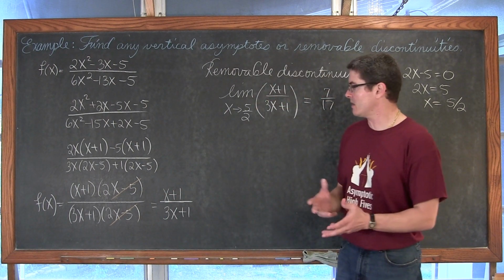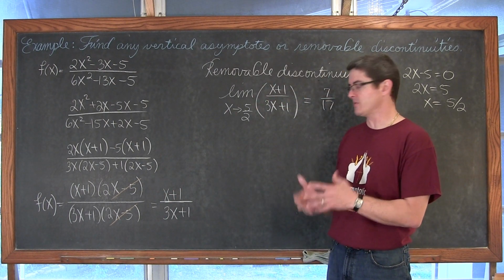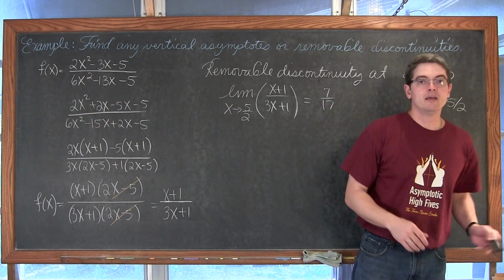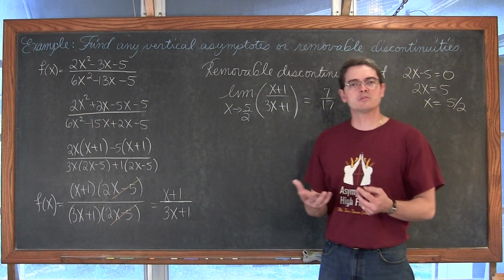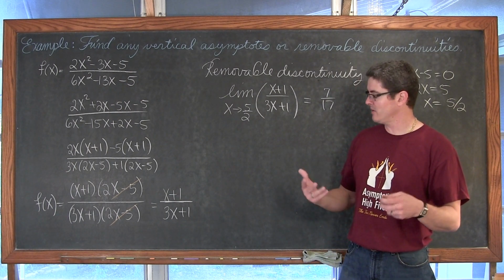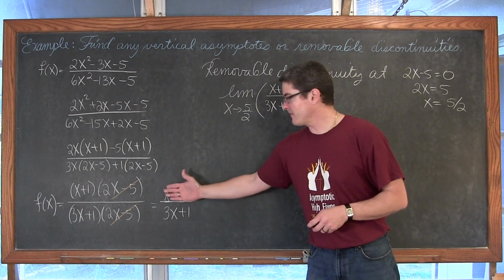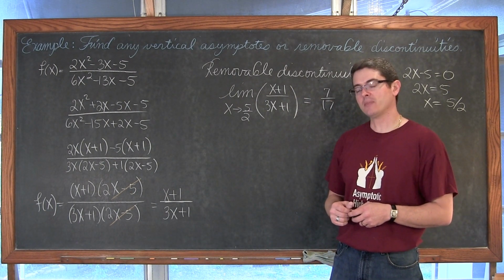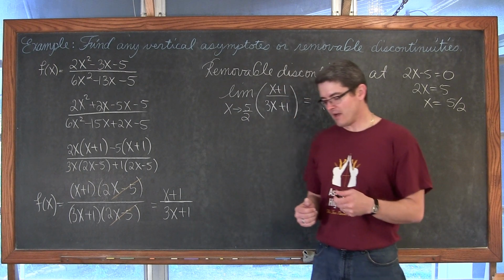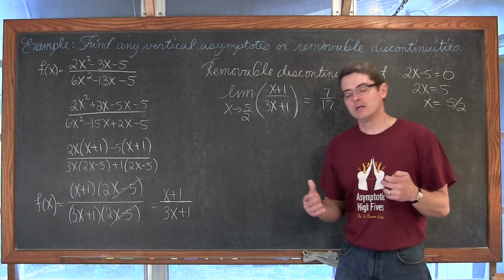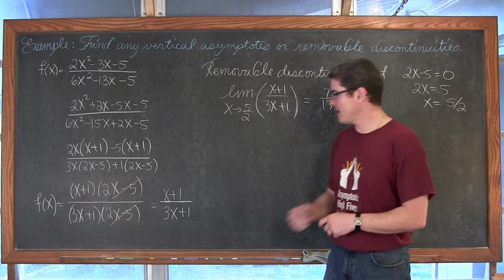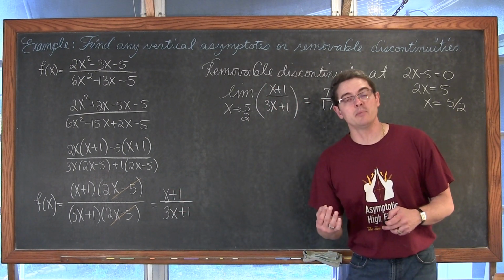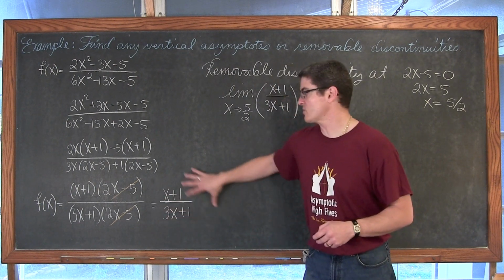Because we still want to try and find vertical asymptotes, but this is just a simple, again, algebraic rational function. So using your knowledge about graphing rational functions from Algebra 2 and pre-calculus, and knowing that we have a horizontal asymptote at y equals 1/3, we can find our y-intercept by letting x equal 0, and that's going to be 1. We can find our x-intercept by seeing where this function is equal to 0.